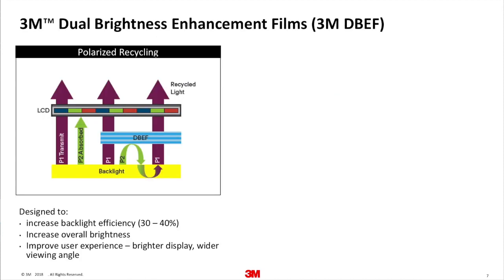Taking a closer look at our DBEF films, you'll see in the picture on the left what would happen with and without our DBEF film in the backlight. So without the DBEF, the randomly polarized light from the backlight will hit the rear polarizer of the display, and the preferred polarization state will get through to the viewer, but the rest will be absorbed, limiting the efficiency and